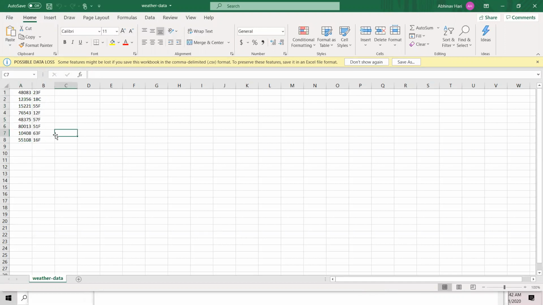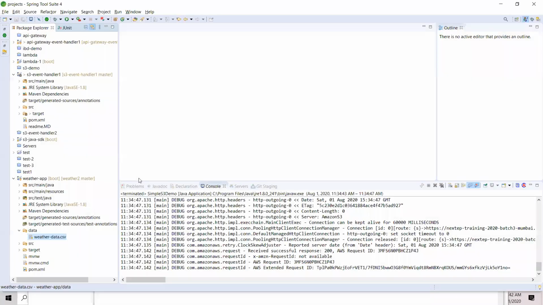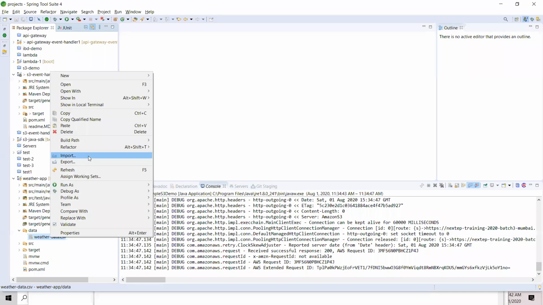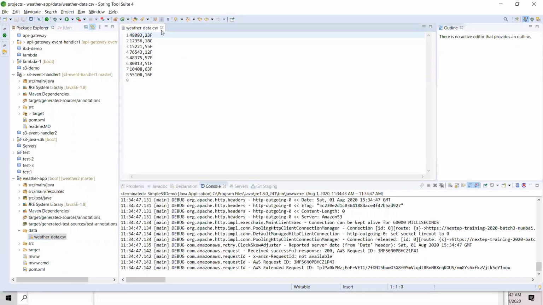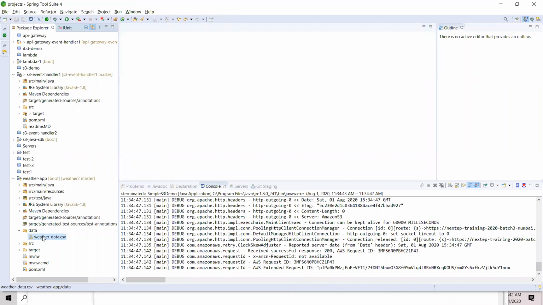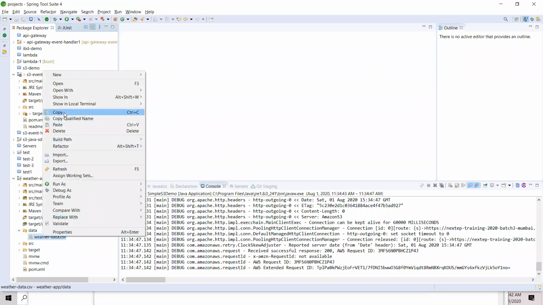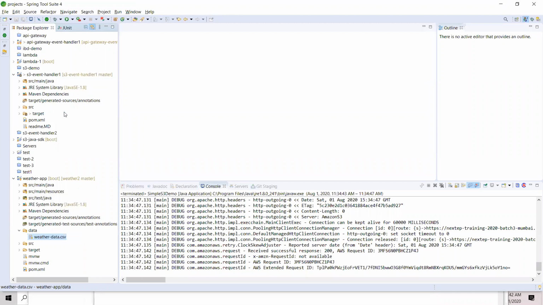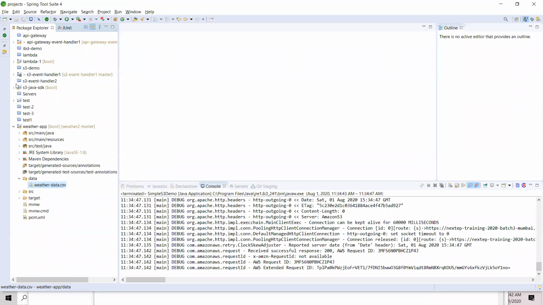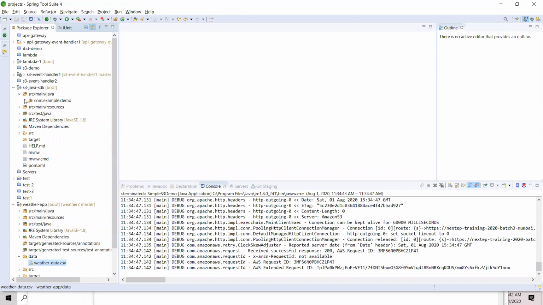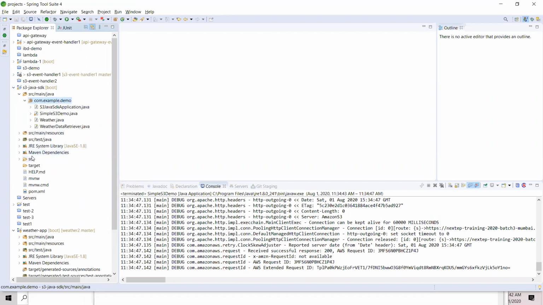It's that simple. It's a simple comma separated file. Make sense? So I'm going to copy this into our, where is our S3 Java SDK? I'm going to copy this here or somewhere in that location.